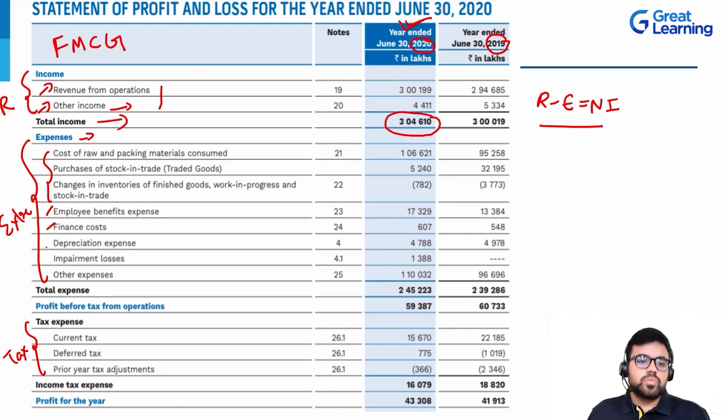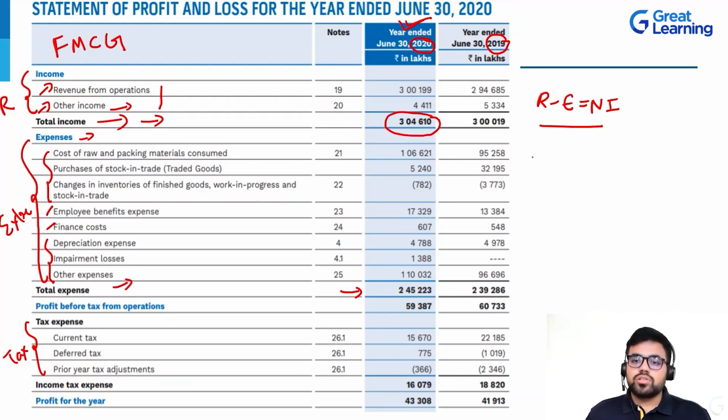Now, the next would be the losses. There would be certain losses and depreciation in it. What would be a depreciation for an FMCG company? These are fast moving consumer goods, so they would have a shelf life or an expiry date. The nearer the material is to the expiry date, the lower the price at which they have to sell it to the wholesalers. That would be the depreciation in it. Now, combining all the expenses, we get a total expense of 2,45,223 lakh rupees. Okay, so if I subtract this total expense from the total income, I would get the profit